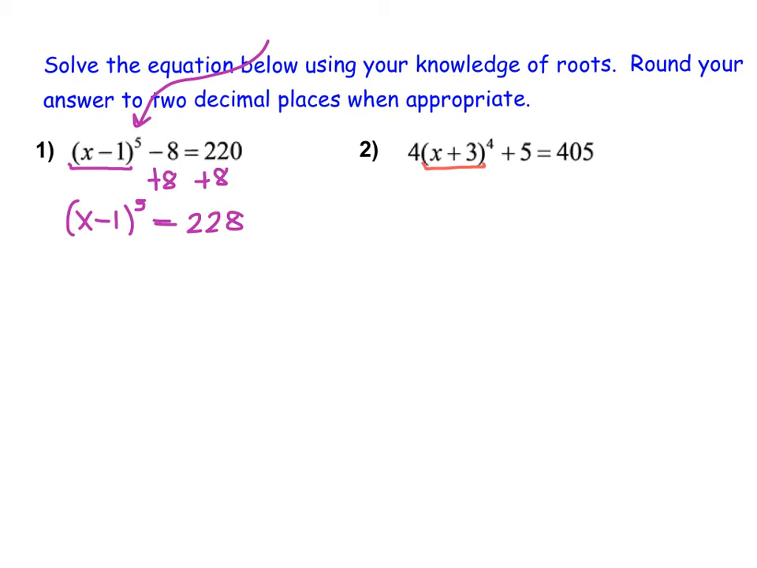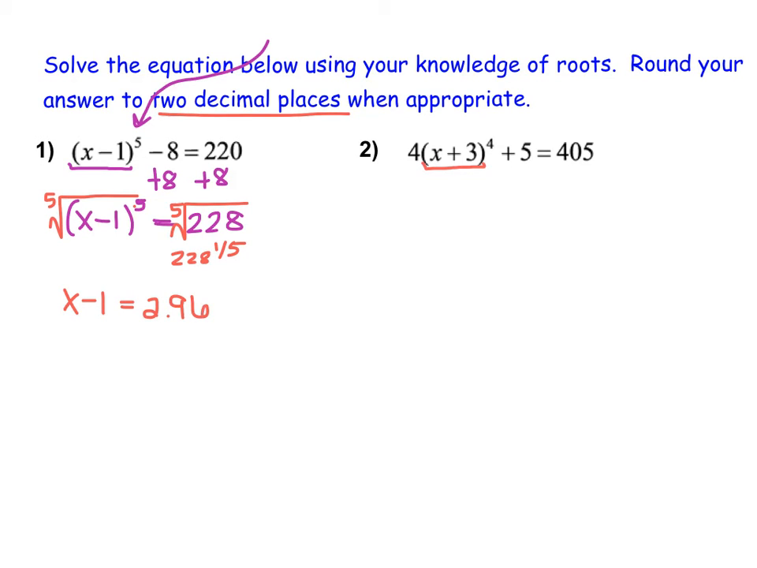228. So from here, my next step is I need to undo that power, because I can't really take anything out of there until that is gone. To undo a power of 5, we use a 5th root. So I'm going to apply a 5th root to each side. So then from here, I have x minus 1 left on the left-hand side, because the root and the power undo each other. On this side, this is really 228 to the power of 1/5. So I'm going to plug that into my calculator, and I get a value of approximately, when rounded to 2 decimal places, of approximately